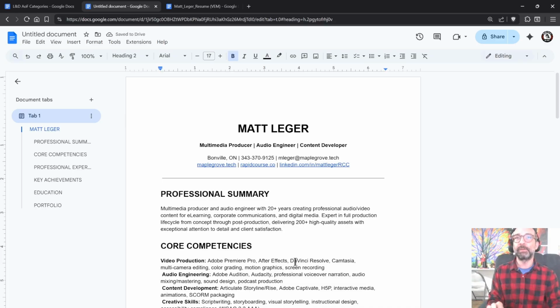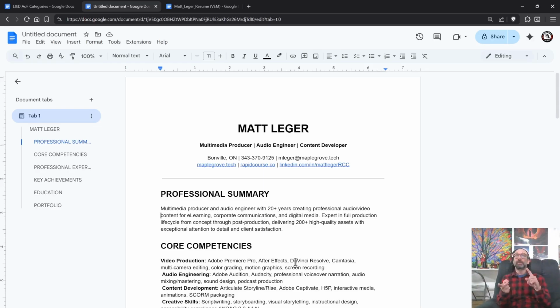That looks good. And now I'm just going to start scanning and reading and making sure that it makes sense from a multimedia producer perspective, audio engineer, and content developer. Now, content developer, as I mentioned before, also relates back to the LMS industry, also relates to virtual event management, as well as MPS work relates to them, and you see how they're all connected.